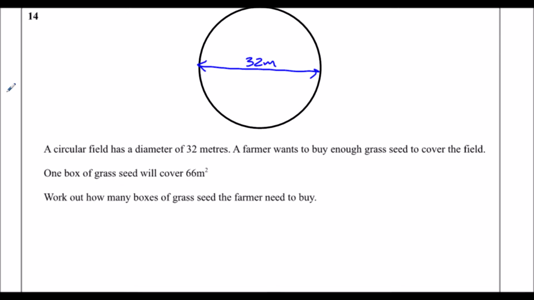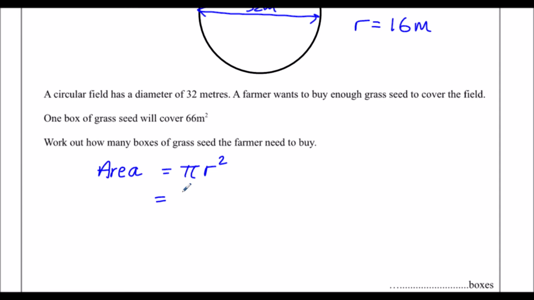So we need to know the area, and the area of a circle is pi times the radius squared. We don't know the radius, we know the diameter. So the diameter is 32 meters, so the radius is half of the diameter, which is 16 meters. So the area is pi times 16 squared. So let's just type this in the calculator. And we get 256 pi